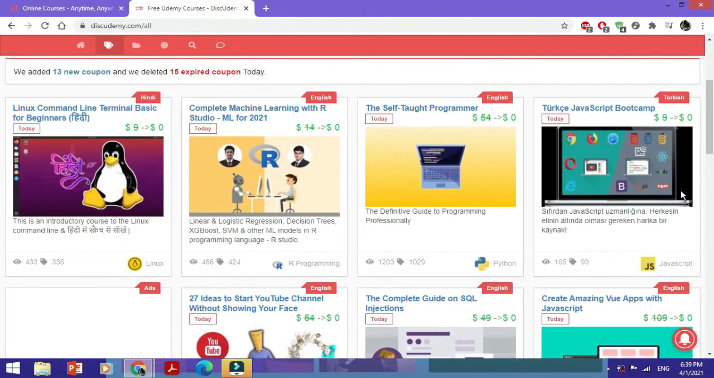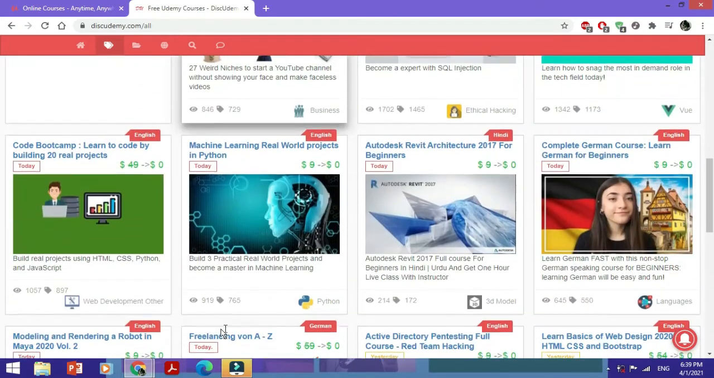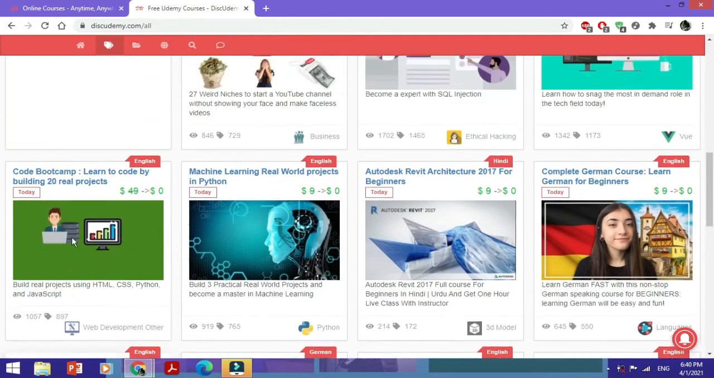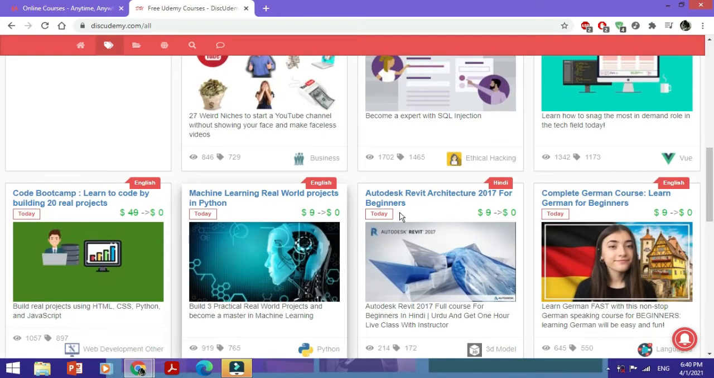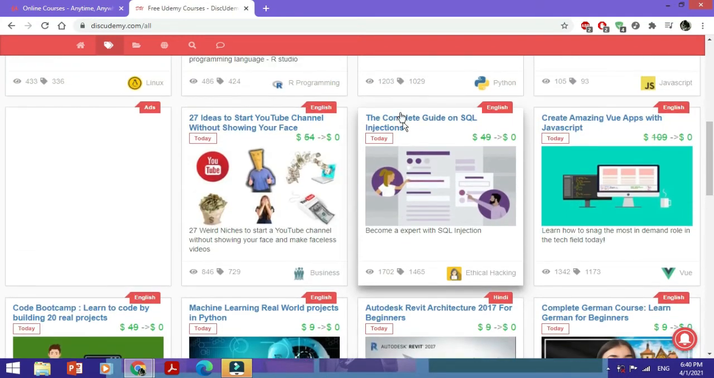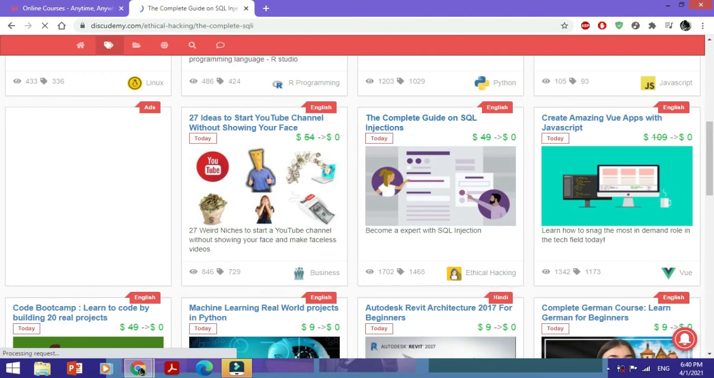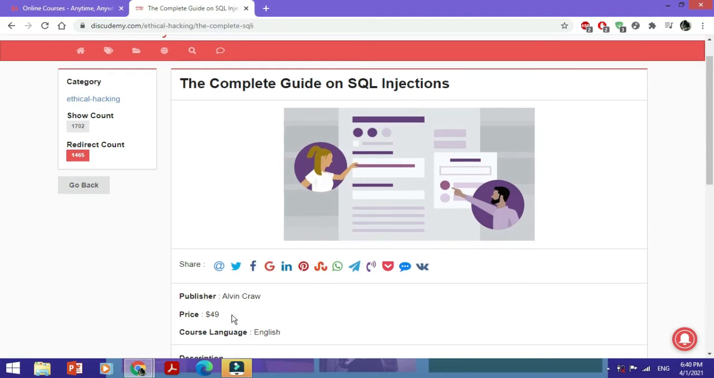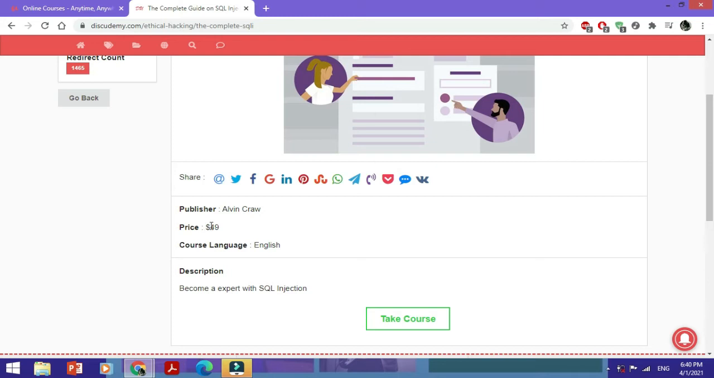So for example, if I want to take any of these courses, there are such a lot of these here. You can see there are so many pages in here, so you could definitely go to one you would like. So if I want to, for example, enroll for this course, the complete guide on SQL injections, what I would do is I would just click on this. This is about ethical hacking. So it mainly depends on what field or stream you belong to, and then you can of course enroll in that one. So the base price published here is $49, but I would just click on take course,